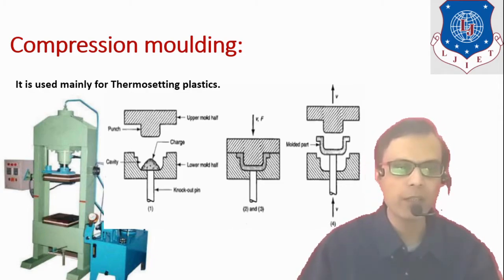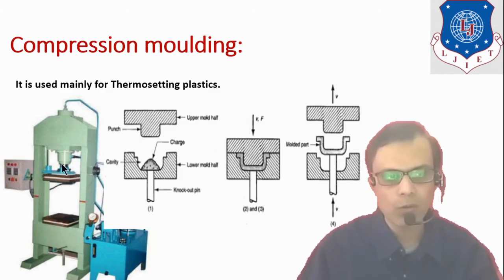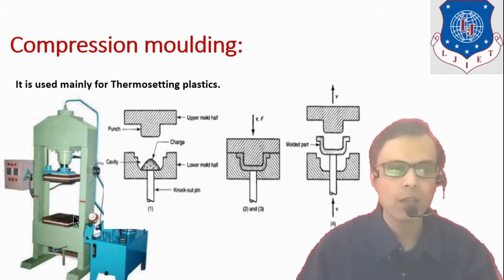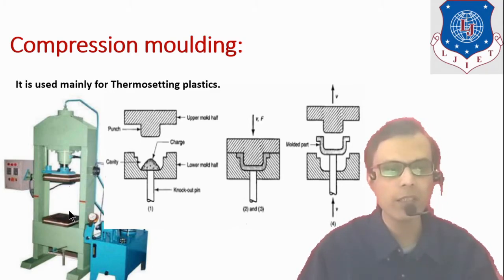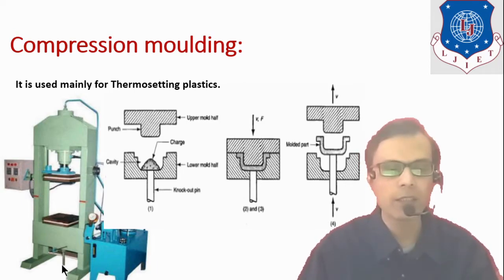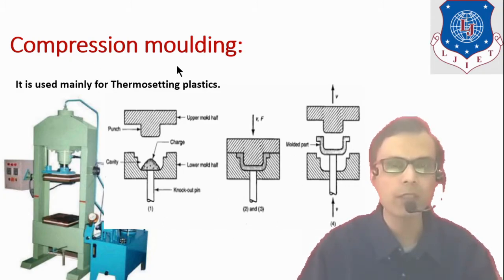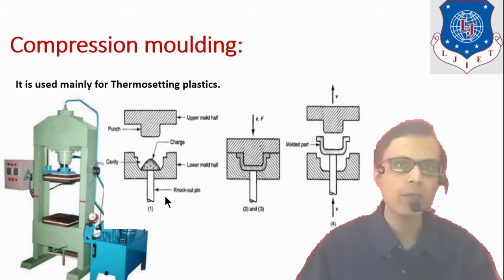Generally the lower plate or the lower mold half remains fixed and the upper mold half can be moved in vertical direction. So here also in this case it is movable. Lower mold half will remain stationary, and at the bottom of this lower mold half you can see here it is a projected part. It is an ejector pin which is useful to eject the mold part when the process is completed. In this diagram, the principle of this compression molding process is shown, and it consists of three main